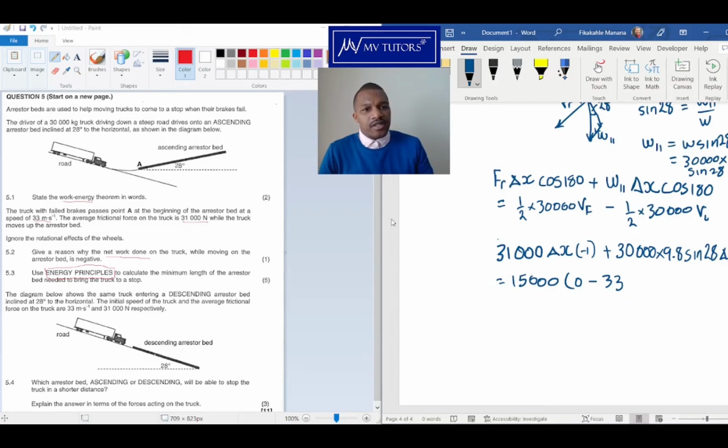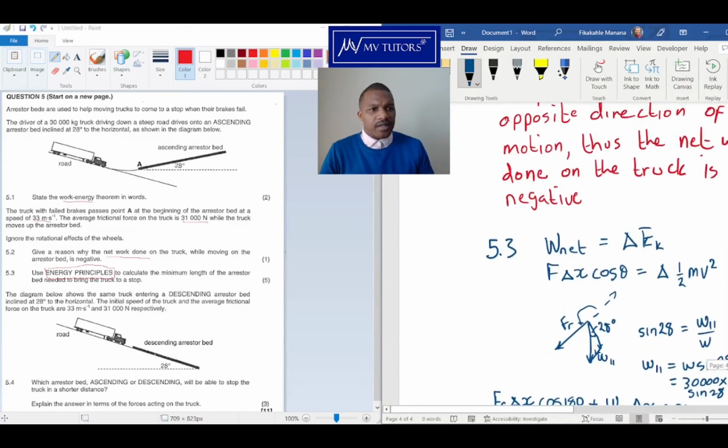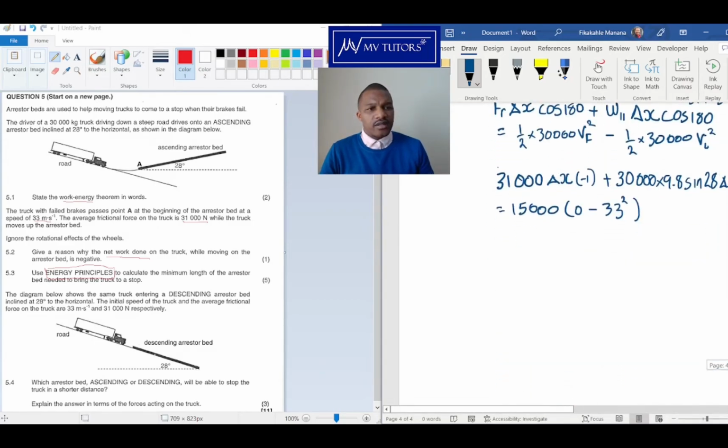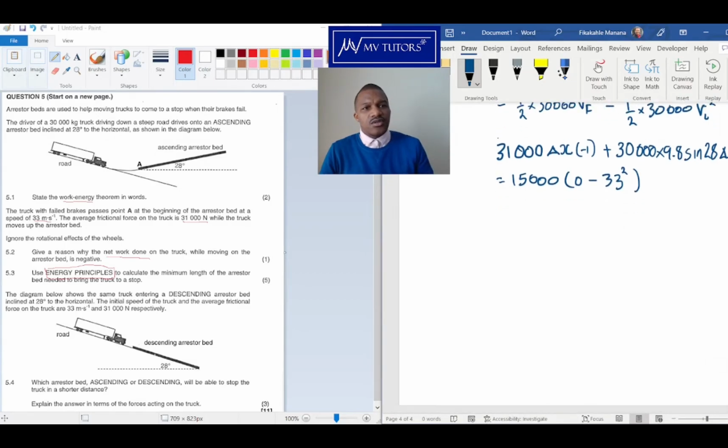And remember, these are squared. Don't make the mistake of forgetting that this is squared. When I was defining it up there, did I put it squared? Yes, I did. So this is squared. Alright, now all I have to do is just